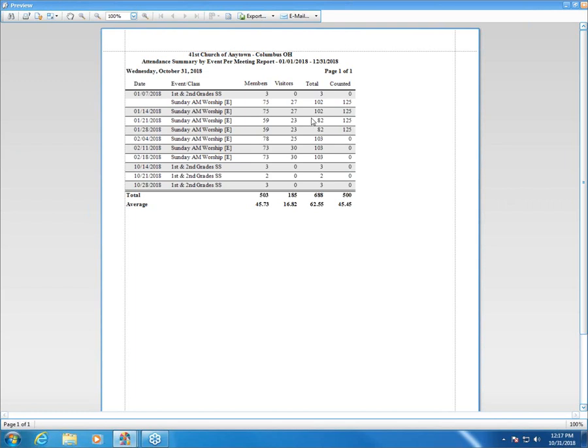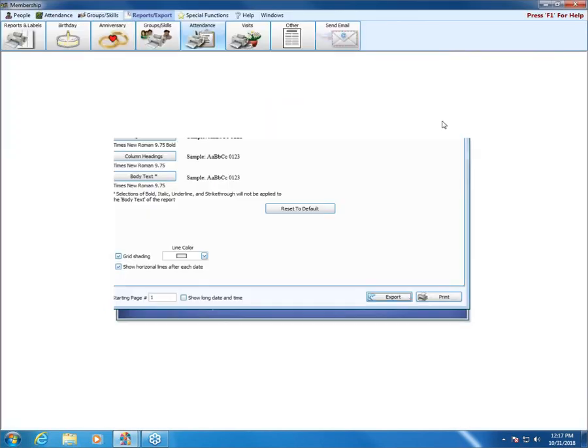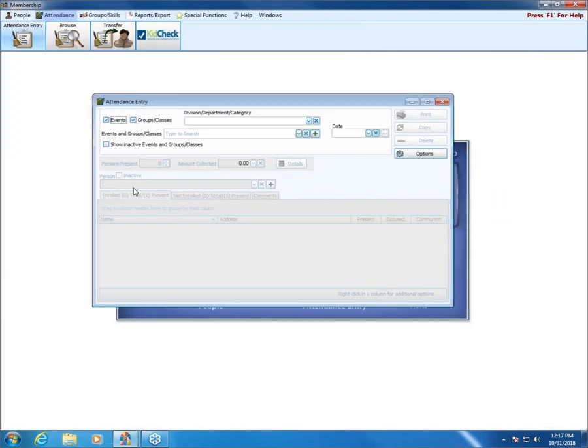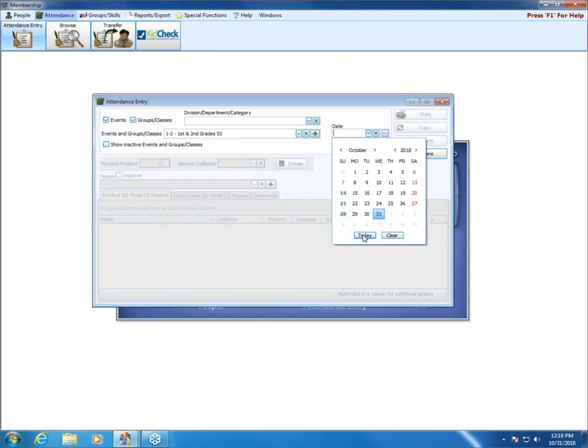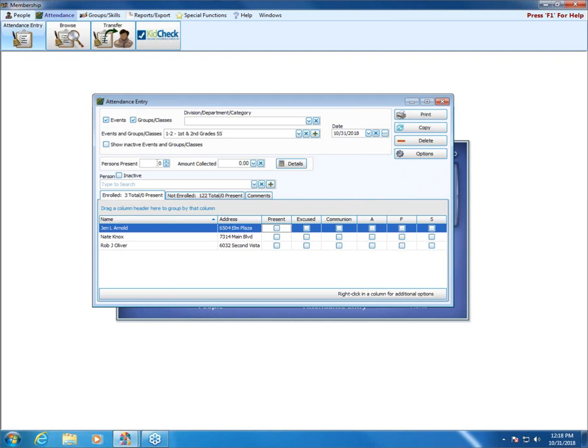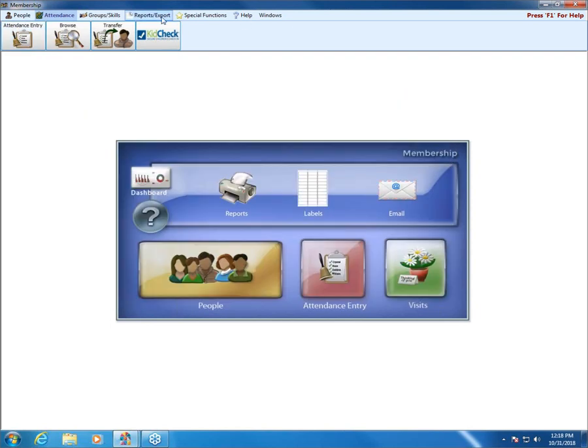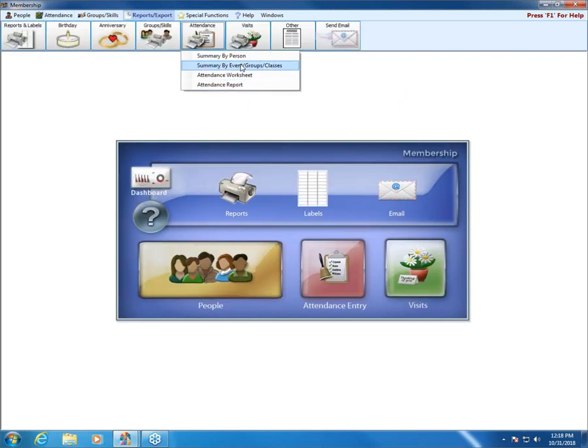different. And that's not because the program is messed up or anything. Let me show you what that is. We go to attendance entry. You can, let me just pick something here. We'll put in today's date. Upper left here, I can put in a person's present, and here's where I can put in that amount. The person's present, you could put a number there, and then if you check people off here, you could have different figures when we go back and look at